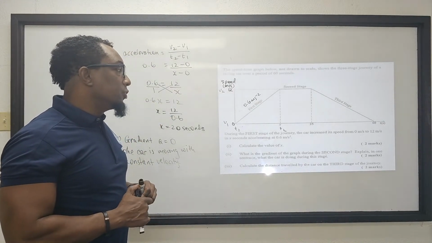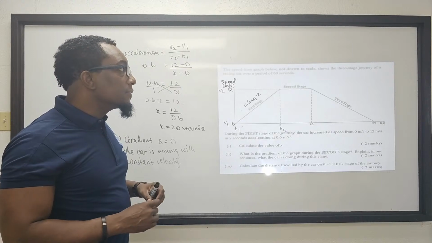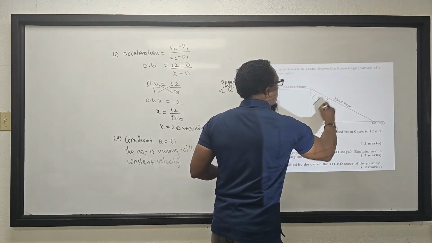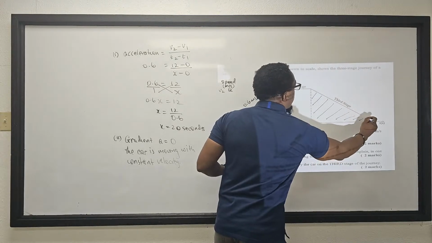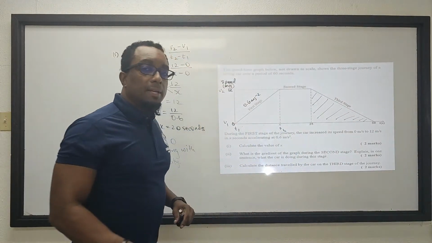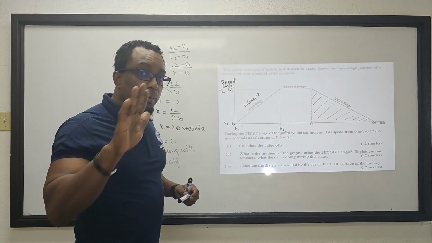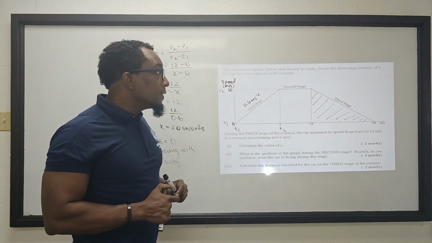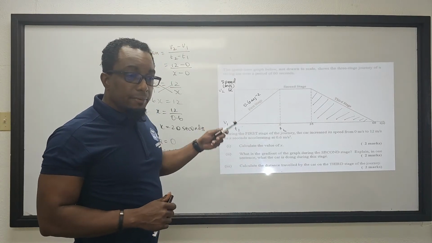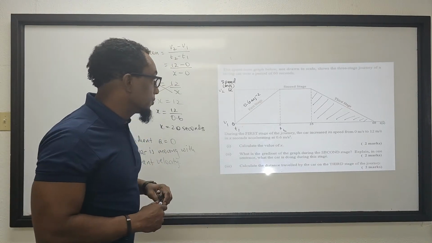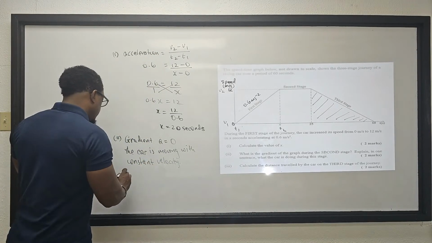Now they want the distance traveled by the car on the 3rd stage of the journey. So this is the 3rd stage of the journey. Anytime we deal with a velocity time graph, distance traveled will be the area under the figure. In the 3rd stage, we have to find the area of the triangle. So the distance traveled in part 3